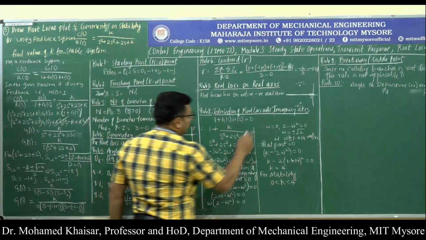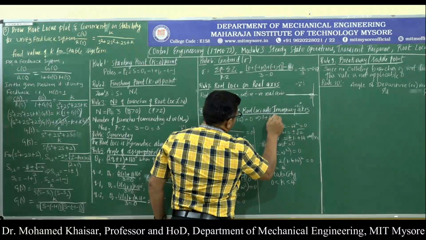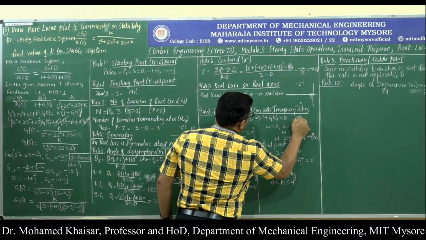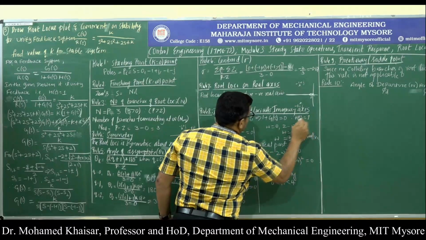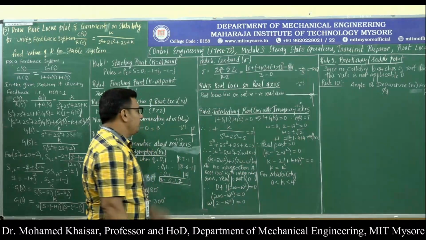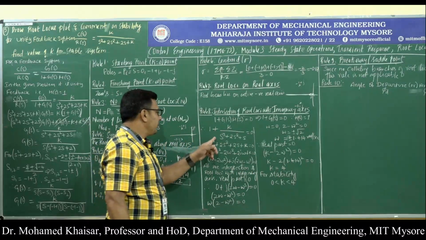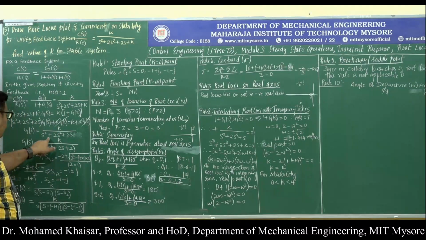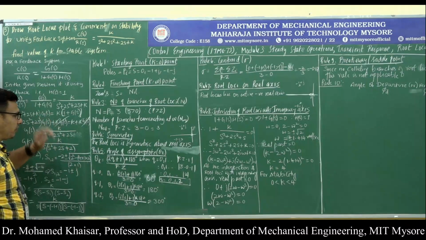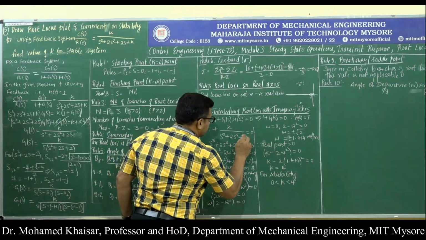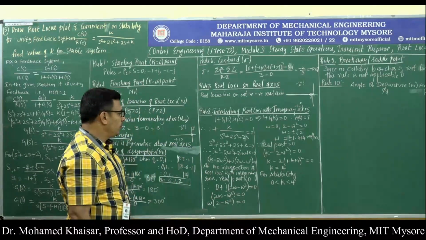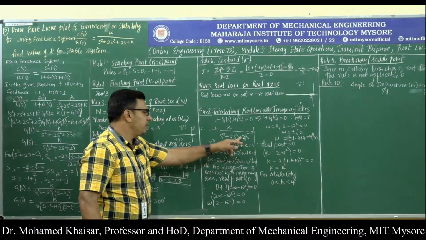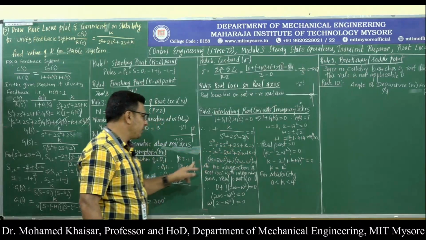So what we can say is, it is 1 plus GS equal to 0 since HS equal to 1. So thereafter, what is 1 plus GS equal to 0? 1 plus GS is the given open loop transfer function. This you can use, s cube plus 2s square plus 2s, straight away. And then when we take the LCM, this is the equation we get. This denominator gets multiplied with 0. This is the equation we get.